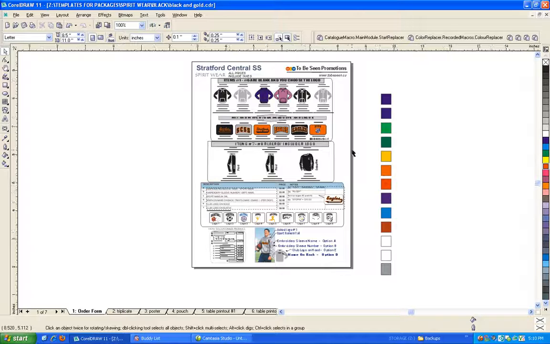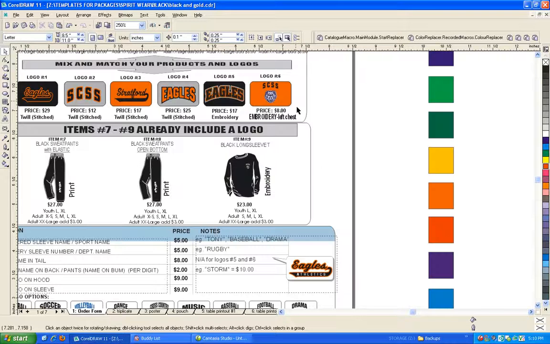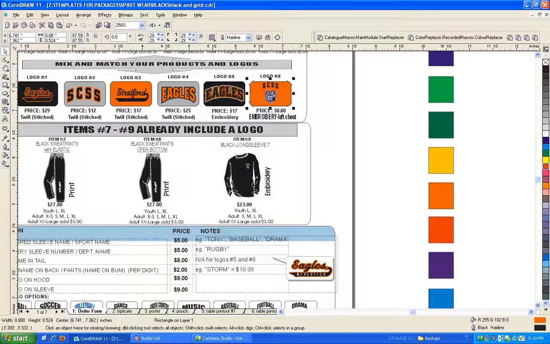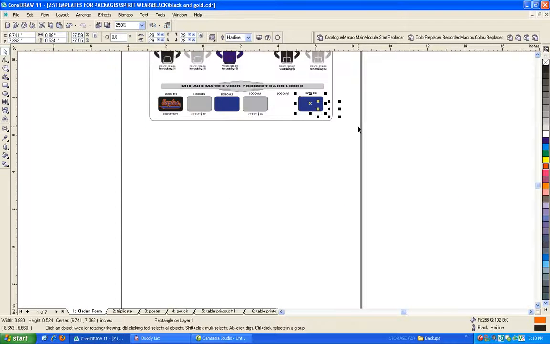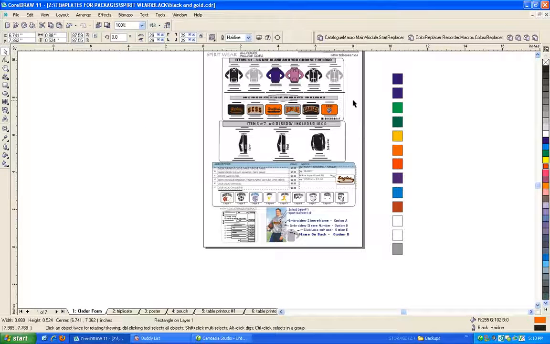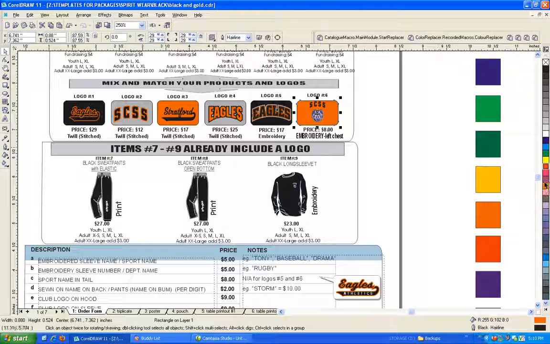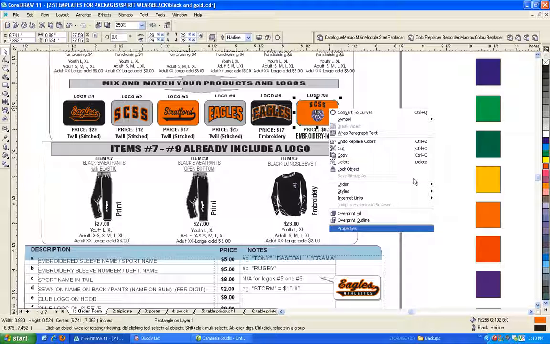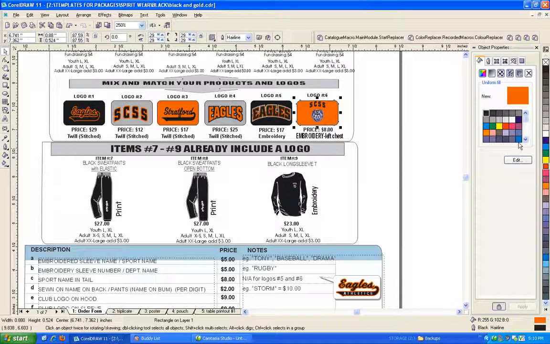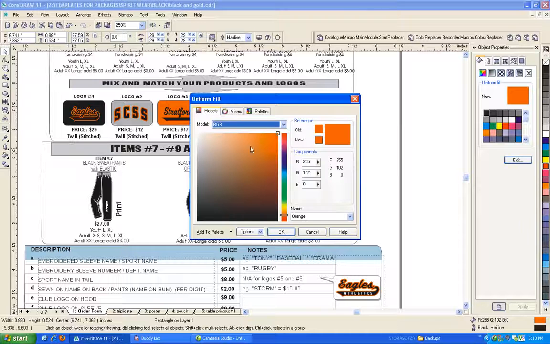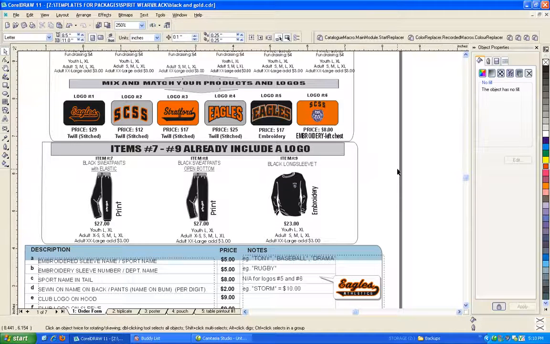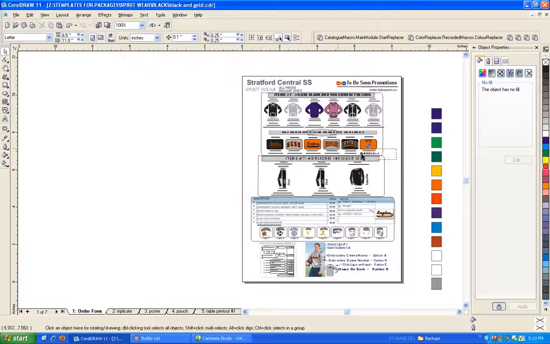Sometimes it will seem like it's not working, and that's only because while the colors may look similar, they aren't the exact same colors, so you just have to make sure that the colors are the same. For example, if I have these two oranges here, if I change this orange to an orange that's similar but not exactly the same, like this orange here, so they look the same, but they won't actually be considered the same by the color